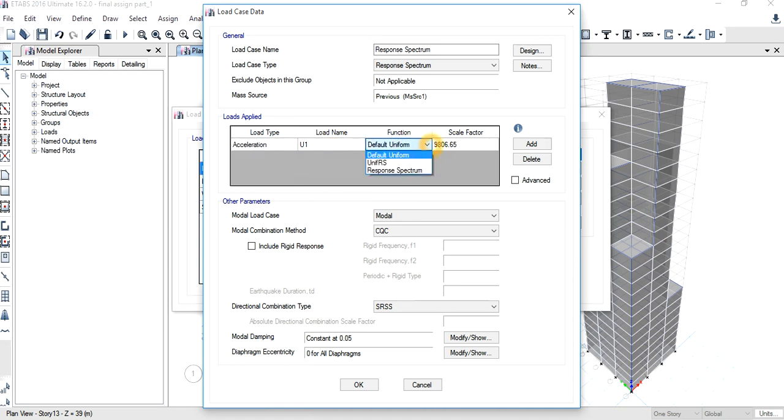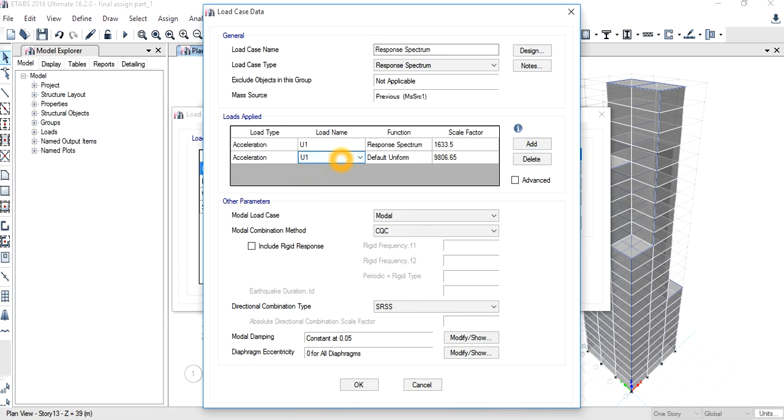Select the function as response spectrum and the scale factor is calculated as per the formula taught in the tutorial. The value is 1661633.5. Click on add again. The first load is for x-axis and the second is for y-axis.